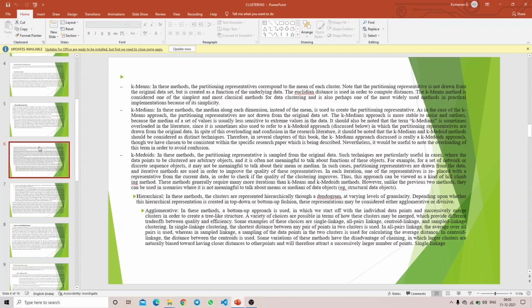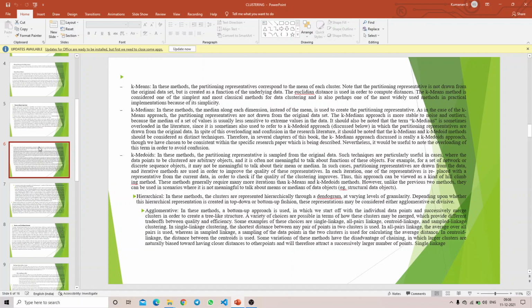In such cases, partial representatives are drawn from the data and iterative methods are used in order to improve the quality of this representative. In each iteration, one of the representatives is replaced with a representative from the current data. In order to check if the quality of the clustering improves, thus this approach can be viewed as a kind of hill climbing method. This method generally requires many more iterations than k-means and k-medoids